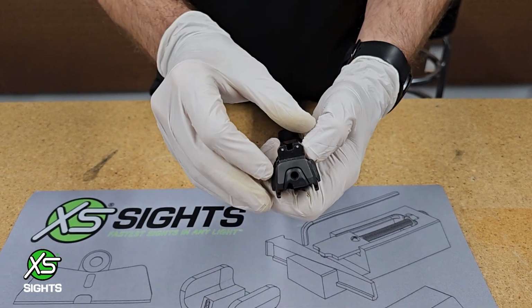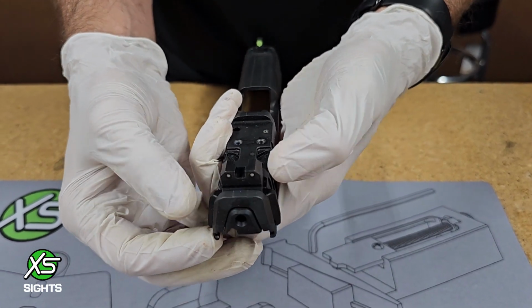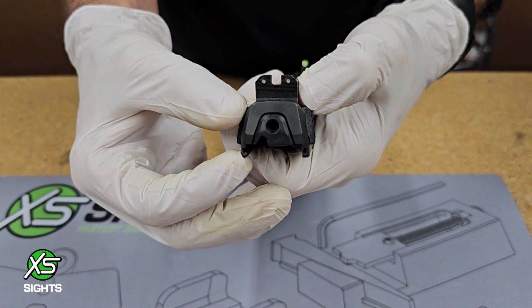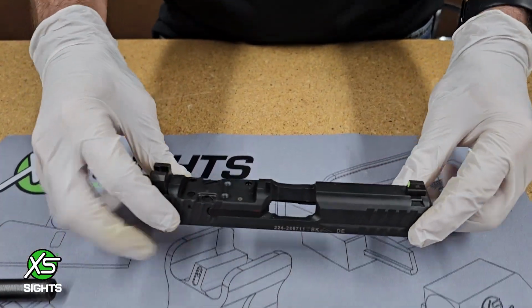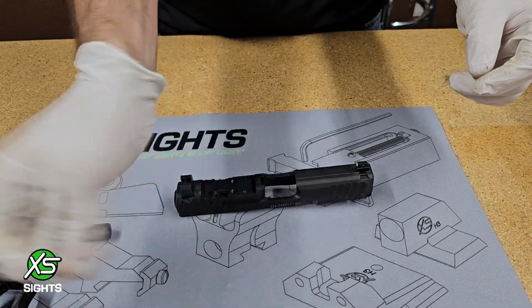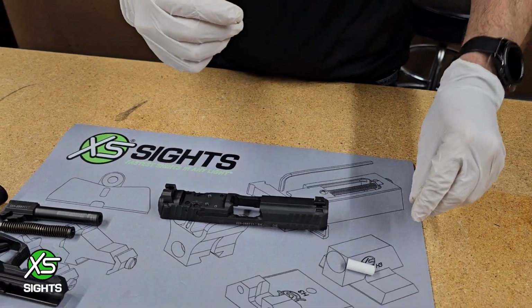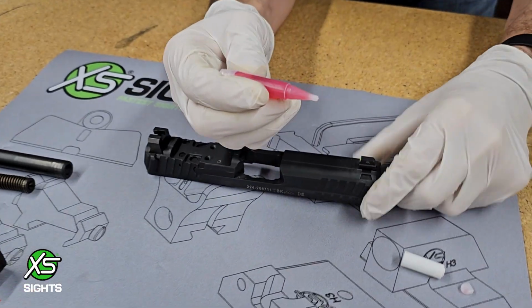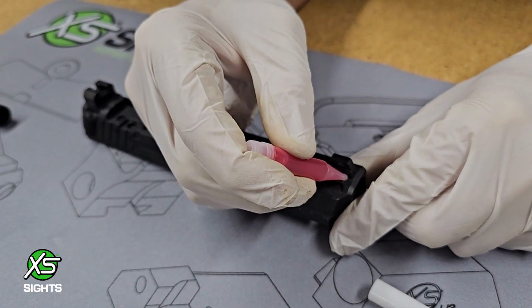One thing we need to be careful with before we apply Loctite is our wings. So you'll see I'll do a little bit different Loctite method with this gun than I will with most. What we'll do is we'll start with the front. We'll take our supplied Loctite. Oh, never used. Give it a twist to break the tip. Now we want to carefully apply some